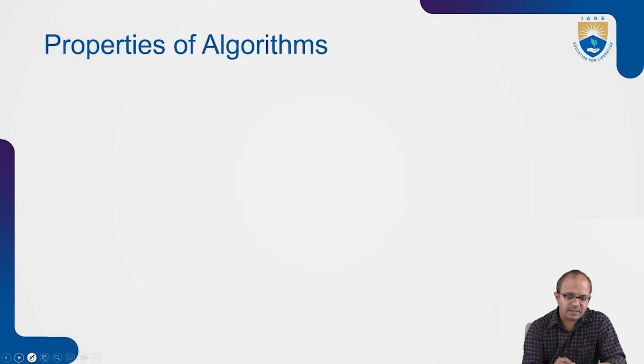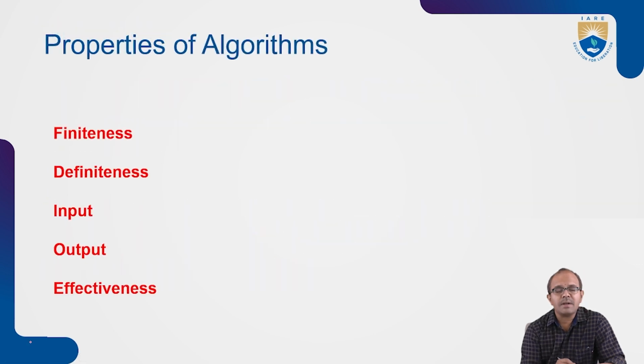This is what we have seen the other day, and we also came across the properties of the algorithm. What are the good algorithms? What are the robust algorithms? We can easily say which is a good algorithm and which is a bad algorithm. An algorithm that does not conclude within a finite number of steps, we can call a bad algorithm. The algorithm should run within a specified amount of time with the specific resources that are available, and with that it should run and conclude to produce a specific output. So these are the properties we said.